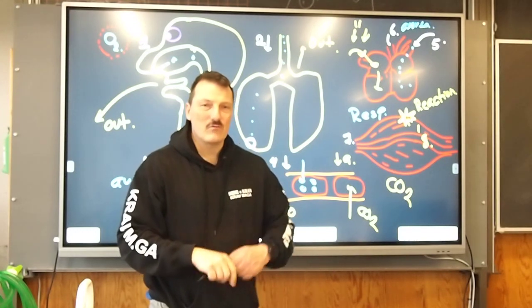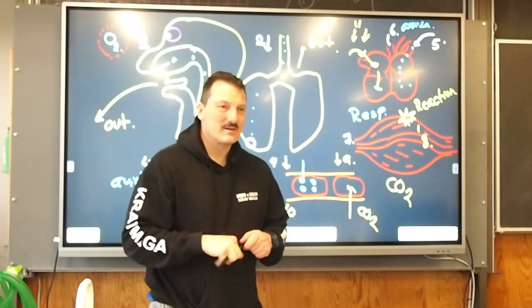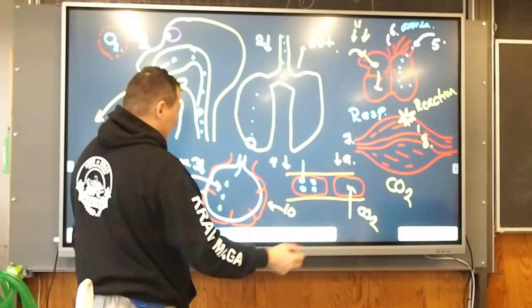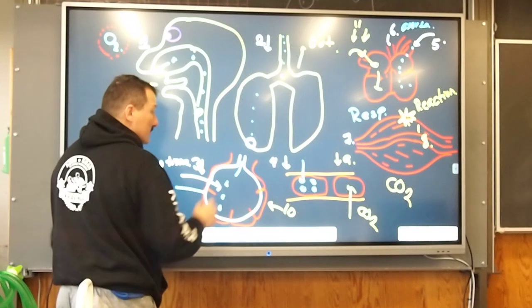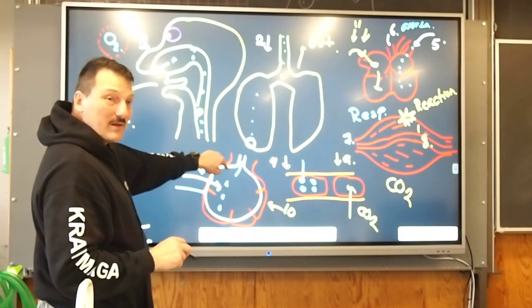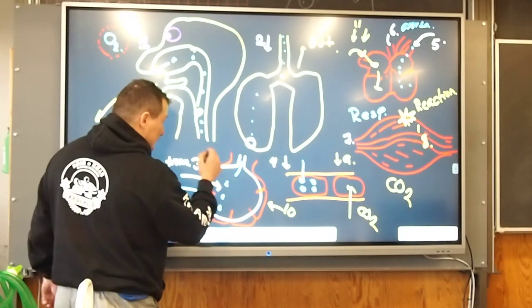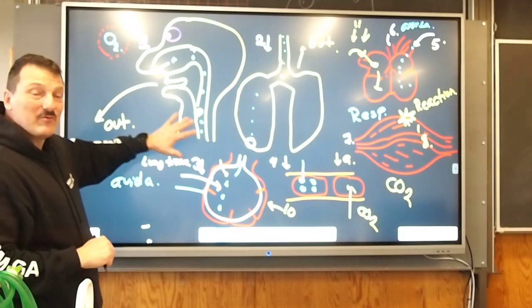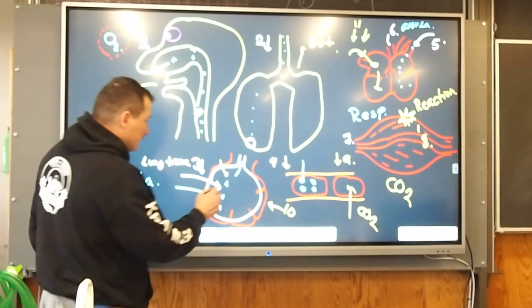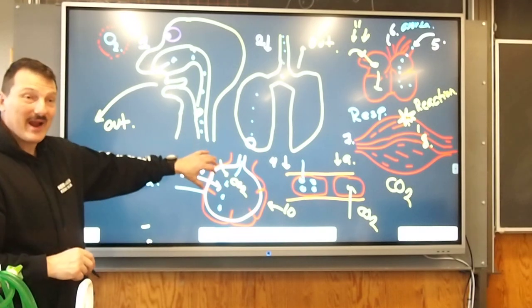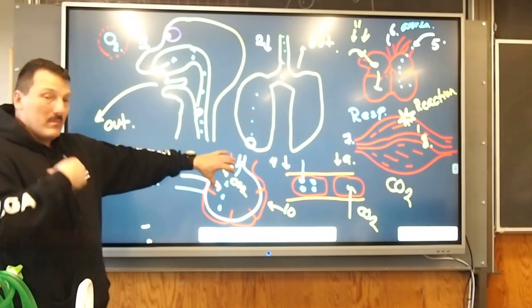And where does the heart then push it? We need to revisit a place. It pushes it back into the lungs. So we go back into the lungs. So now the CO2 comes running into here. The blood goes in here and it releases CO2. So our CO2 is now back in the air, in the alveoli, and